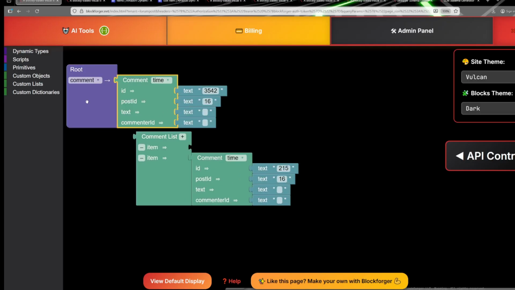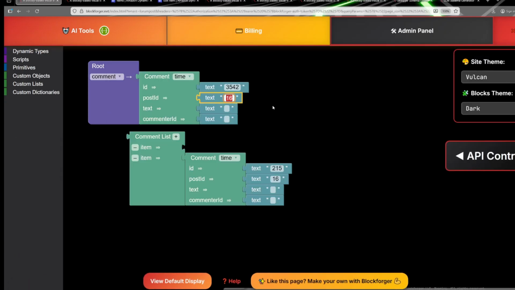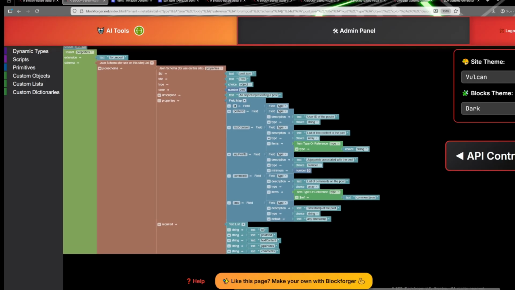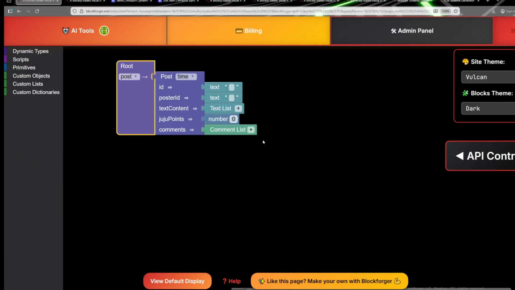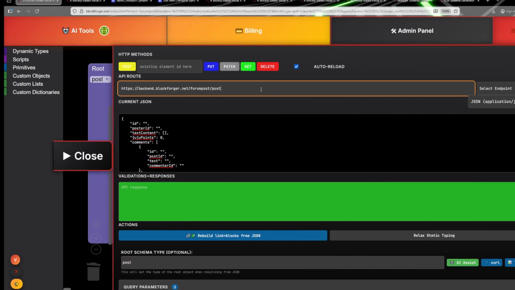You could just post it like this, and it'll go to the forum posts, and then comment is the table that it's going to go to if you post it. So you can create new comments that way with a post ID, and that's fine. But again, we want to actually modify the structure of how the API works, perhaps, so that we could set up something like this, posts with multiple comments,